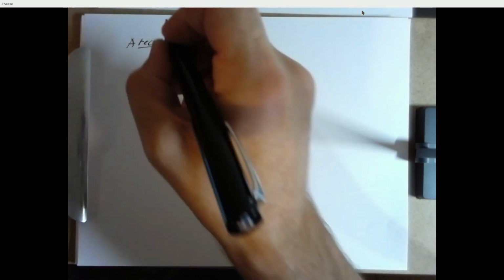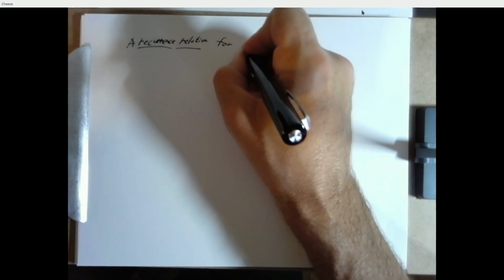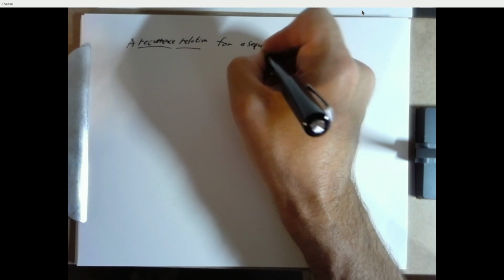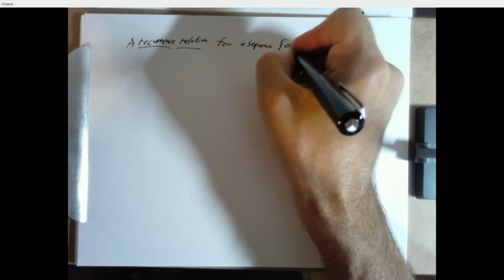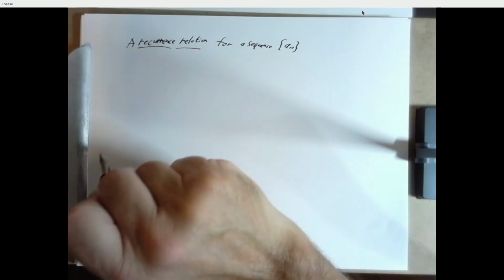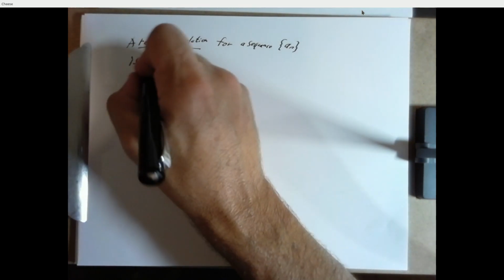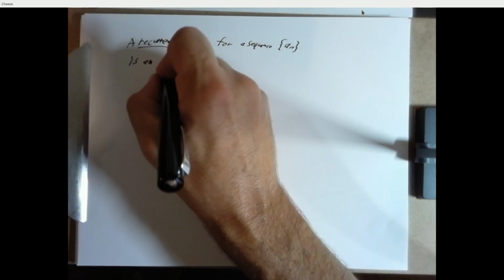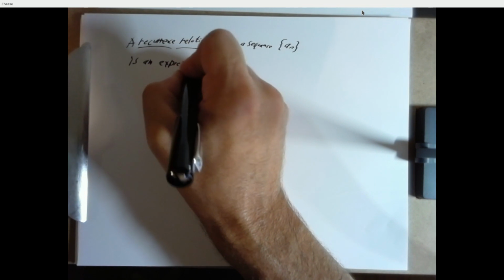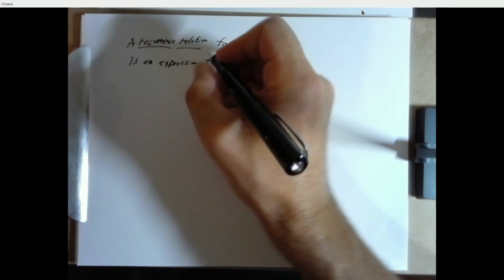So we can define a recurrence relation for a sequence comprised of a set of elements a sub n. And this is an expression for a sub n